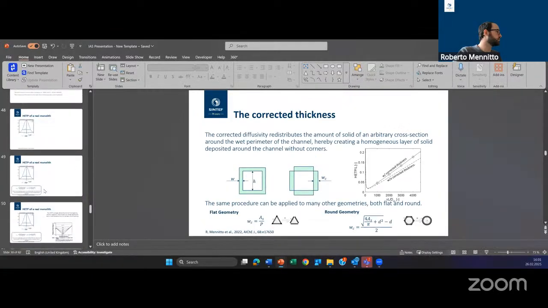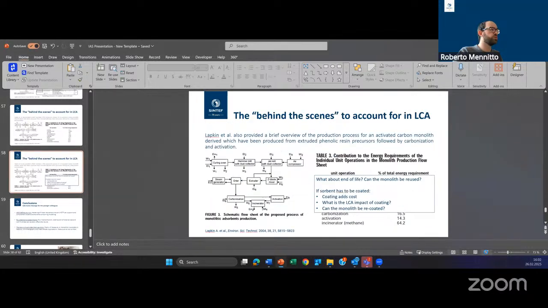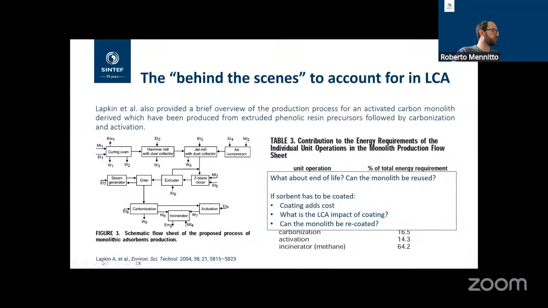For acrylic carbon, it's actually quite nice to look at this one, because I do suggest reading this paper. You will see that in each step there are energy vectors going in, and I think most of it is going into incineration and activation of an acrylic carbon monolith. So for laminates, I'm really sorry, I don't have an answer,